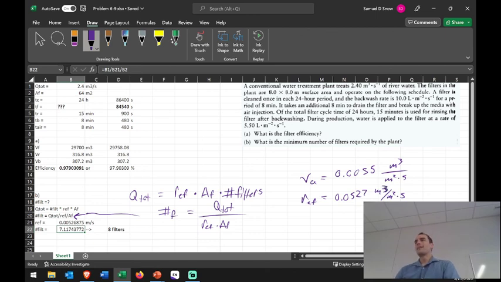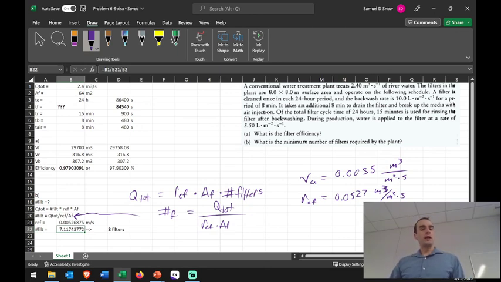So what we see is the R effective is less than our loading rate. That should be the case. If it wasn't, we knew we did something wrong. And that gives us, once we put in the numbers, a number of filters equal to 7.12. Now we're not going to install 0.12 of a filter. That wouldn't make sense,